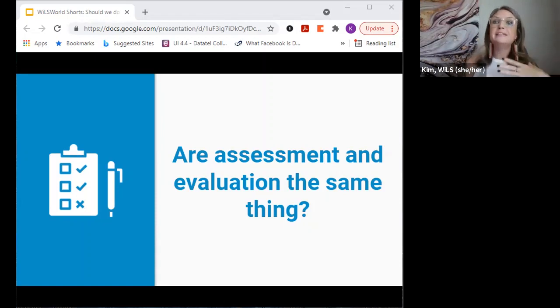Evaluation, on the other hand, tends to focus more broadly on an entire effort or initiative and is much more product oriented. So in this context, it's sort of an overarching view of a project or initiative, and it's designed to make a judgment, unlike an assessment, by gauging the success of that endeavor and reaching overarching goals and objectives that were identified as a part of that initiative. So while you might have assessed what staff learned at that software training, you might decide to evaluate the impact of the entirety of using this new software platform over the course of implementing changes to your summer reading program.